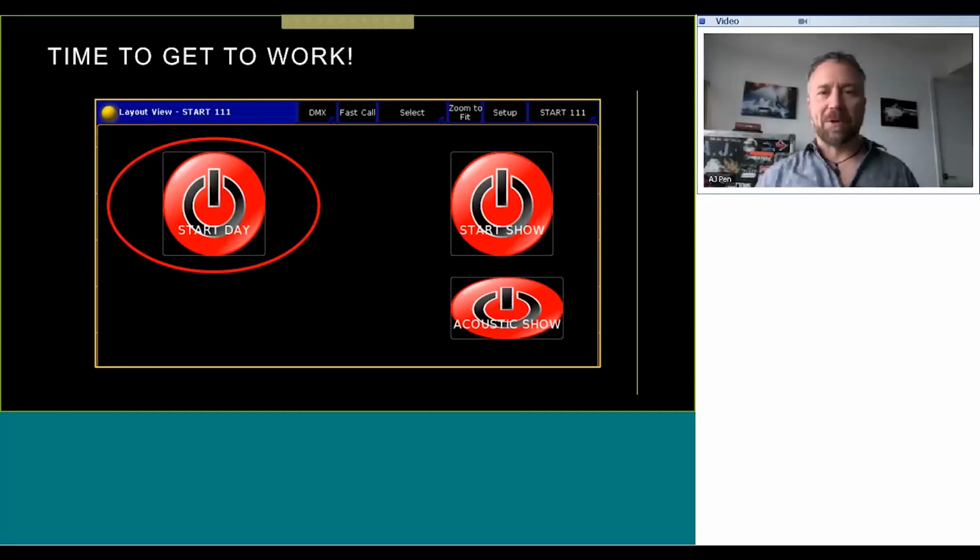It's time to get to work. Now I'm going to start talking about the process that you can use what's in the console already, i.e. the cue lists or sequences, to automate your day. And macros do this too. This big old start button here, I press that when I am ready. I've got the patch ready, I have control over the rig, and I'm ready. I may have cloned already, or I'm ready to start cloning. This puts my console into a state where I am on my test page and I'm ready to run my focus list. I'm going to get to that in a second.